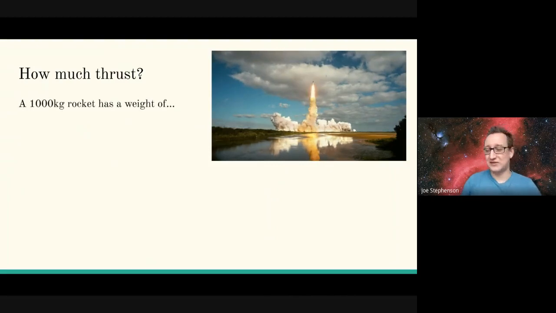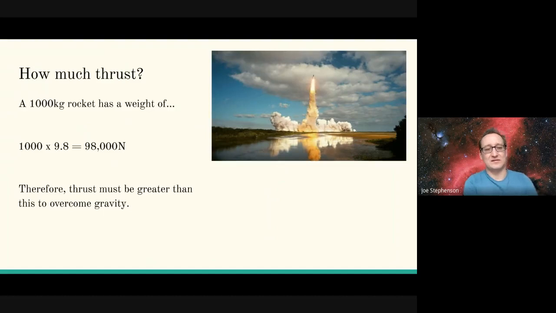Now, we can use Newton's law again. Okay, so if we just take a rocket, a very small rocket, 1,000 kilograms, it's a ton still, but it's very small compared to some of the ones that we'll talk about when you look at your assignment. Now, what we can do is work out the weight of a rocket. Its weight on Earth is going to be 1,000 kilograms multiplied by the acceleration due to gravity. So it has a weight of 9,800 newtons. Now, what that means is we therefore must give a thrust of greater than 9,800 newtons